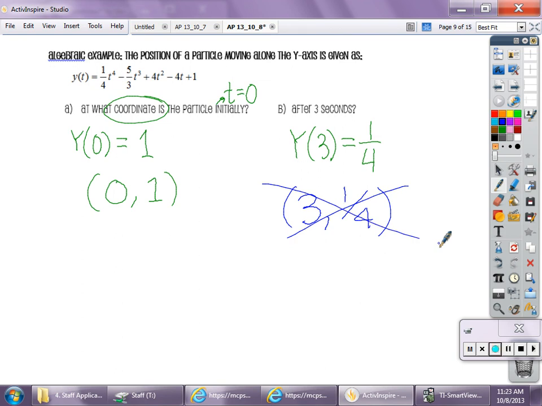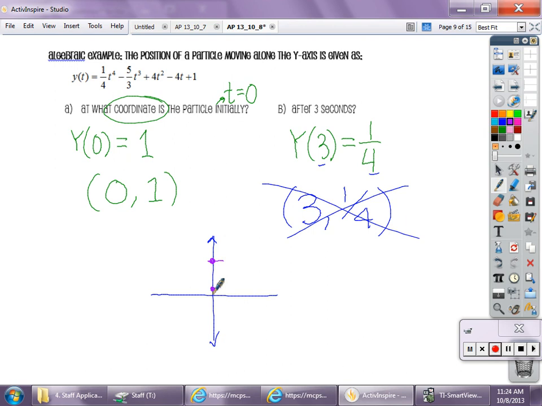And then I say, bah, wrong. Why would it be wrong? Why would she be so dramatic and mean? I'm going to give you a hint, because everyone gets it wrong. Everyone says 3, 1/4. It's logical. 3's here, 1/4 is here. That's totally logical. Go back to the beginning statement. Where am I moving? Along the y-axis. So, at time equal to 0, I was at 1. At time equal to 3, I was at